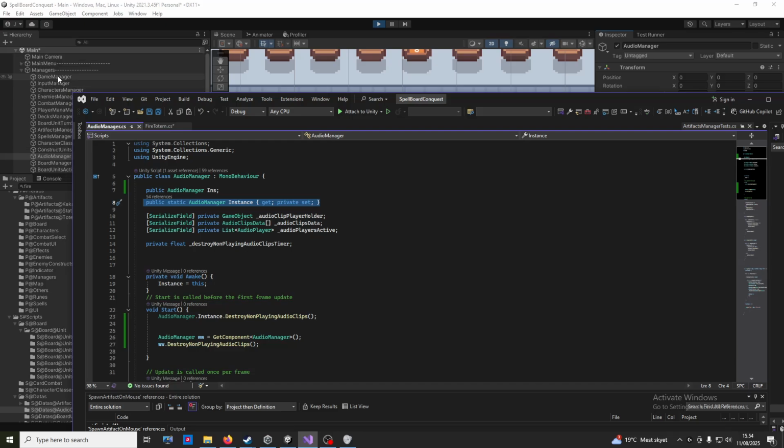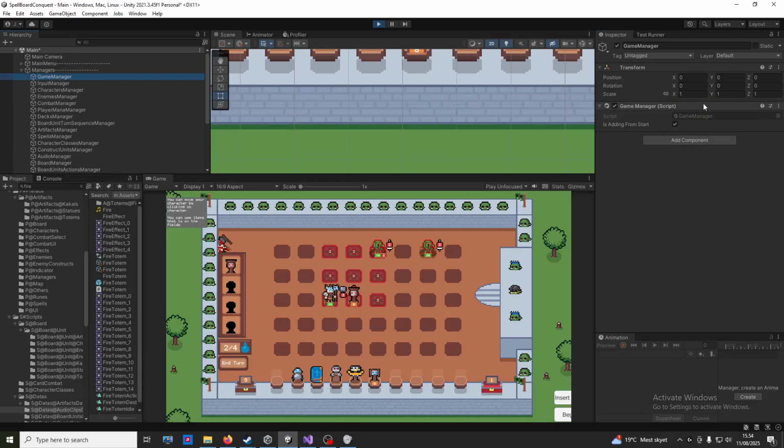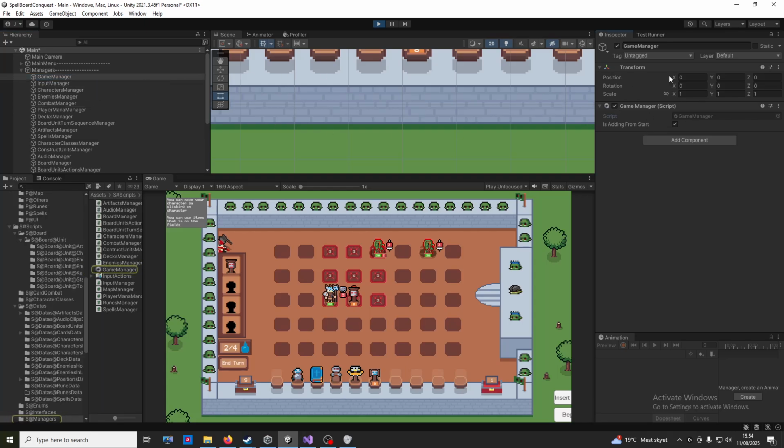So in my case, I only have one game object with the one script in the whole game, like game manager, and